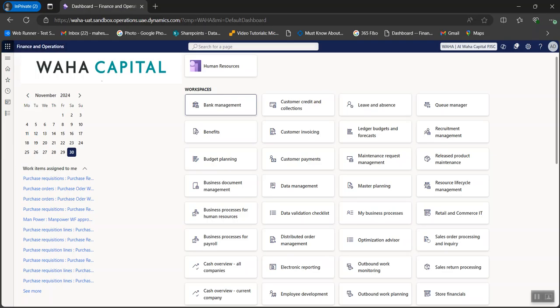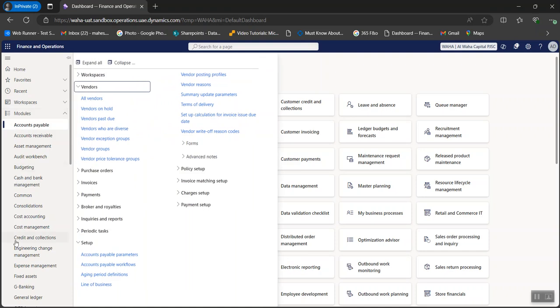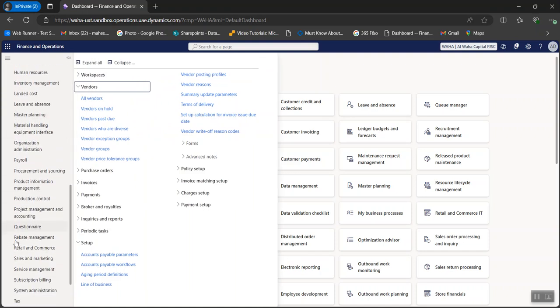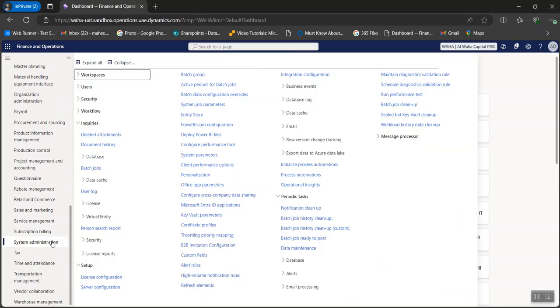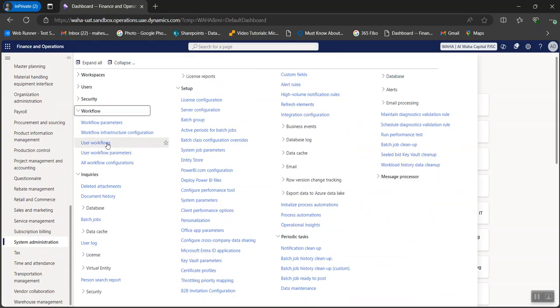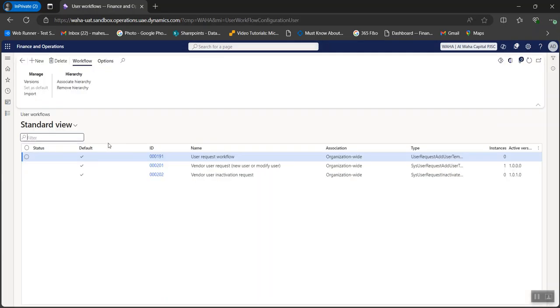The first thing is you need to navigate to system administration. If you scroll down, you will find system administration as one of the modules. Under system administration, workflows, you will have user workflow. You will click on this particular user workflow. You will add vendor user request and vendor inactivate user request. These are the workflows which you will add, the second and third. Once you have added these 2 workflows,